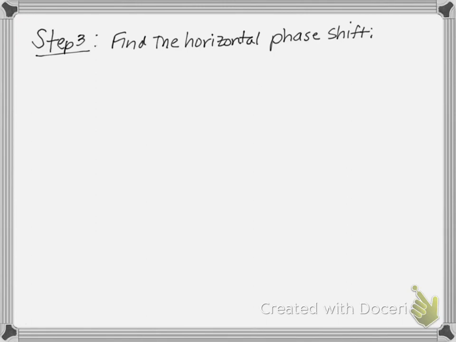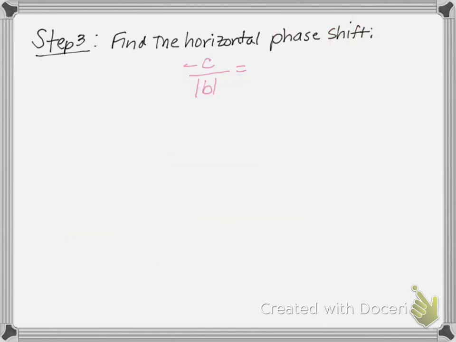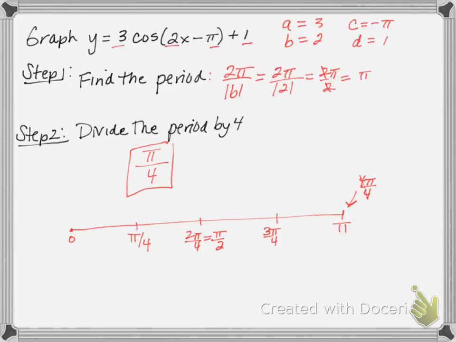Step 3 is find the horizontal phase shift. The horizontal phase shift is negative c over the absolute value of b. So my negative c, where my c is negative pi, is the negative of negative pi, divided by the absolute value of b, which is 2, so it's going to be pi over 2. So that means every angle is going to shift. The angles 0, pi over 4, pi over 2, 3 pi over 4, and pi are going to shift